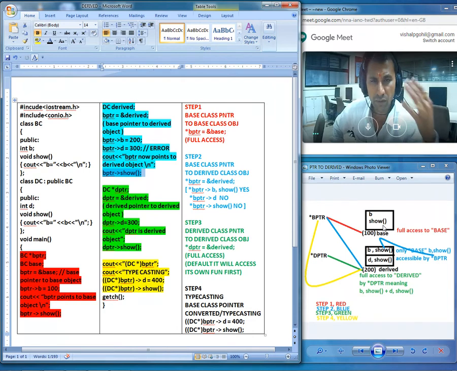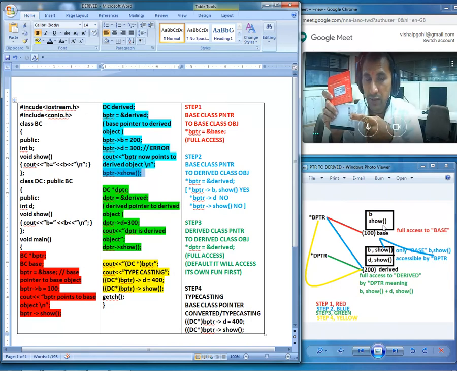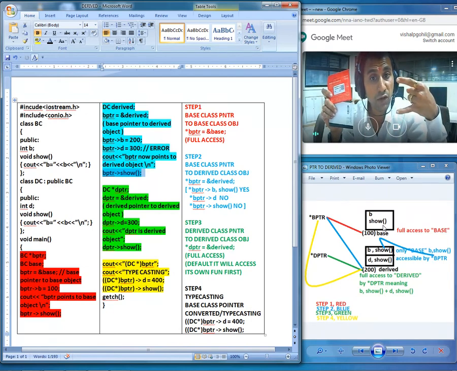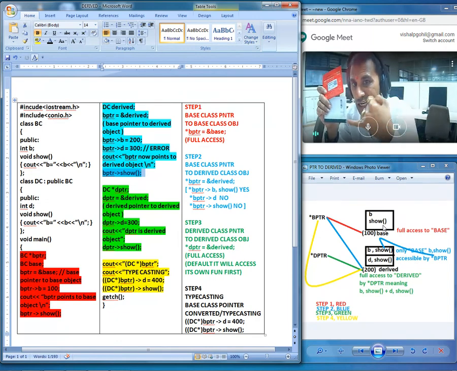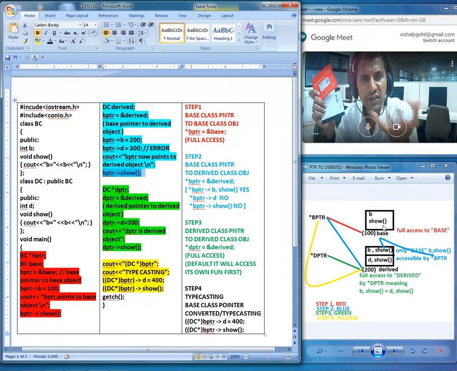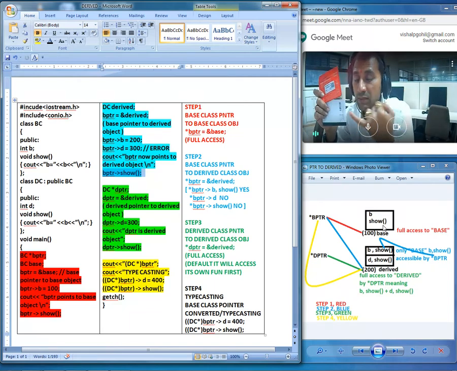Okay, one more step, step number 3. This time step number 3 will be given in green. This time we made it normal. For this reference, base class object, child class object, instead of the base class pointer, now we are having a child class pointer. This one is a child class pointer, and this is quite normal. You have a child class pointer which is pointing to the child class object, so normal conditions will be applied here. This child class pointer will be able to access everything in the child class. That means it can have access to b, it can have access to d.